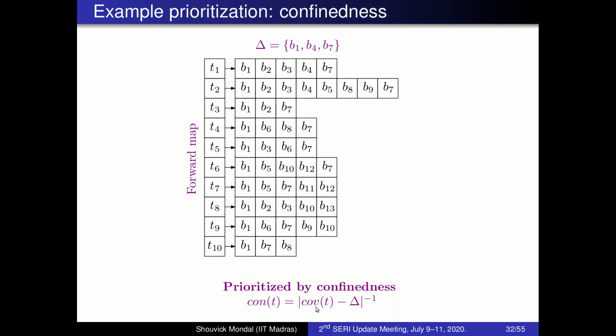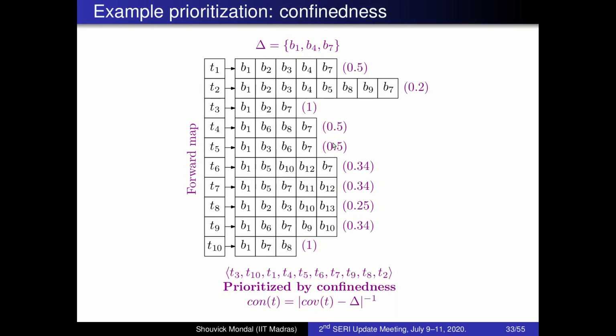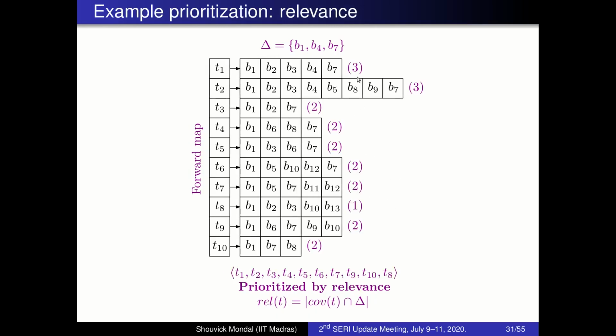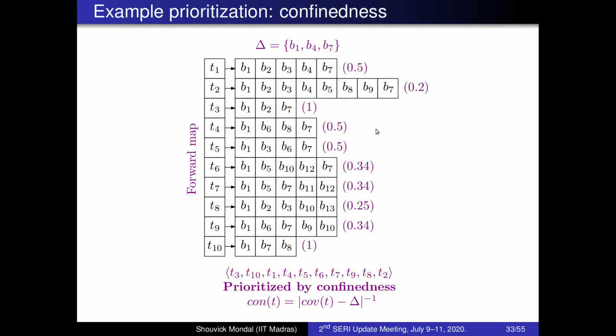Now let us think about confinedness. Let's take for example 1 and 4, 1, 4 and 7. They have 3 blocks, all 3 of them covered, and in 4, 2 of them are covered. But these two are similar because of the unaffected blocks 2 and 3. In case of 1, only 2 unaffected blocks are covered, here also 2 unaffected blocks are covered, but this should be given much more priority. This is not captured by confinedness. You can see that in relevance this was given much more weightage. To combine this effect, we add this up.